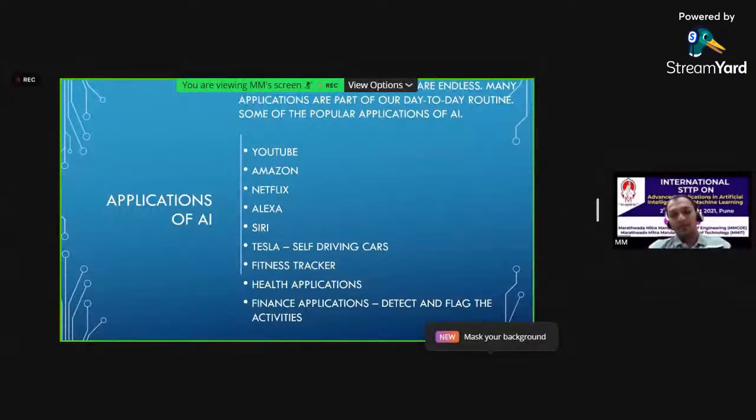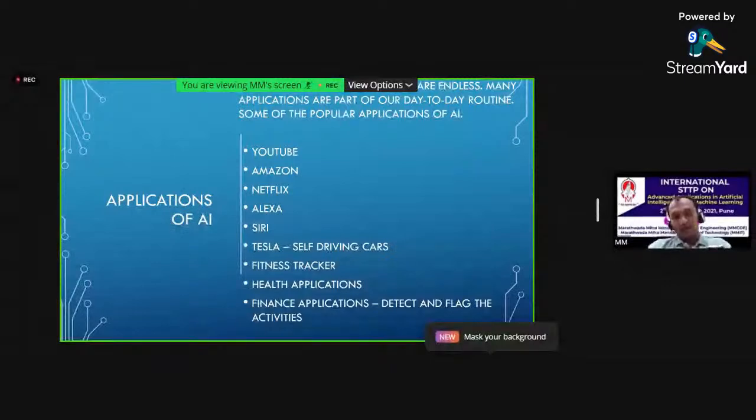And the same goes for financial institutions, like financial applications where people are monitoring manually. If you are going for an audit or tracking financial activities daily, sometimes it becomes difficult to identify anything because there are billions of transactions per day. So sometimes it's difficult to detect illegal or suspicious activities.